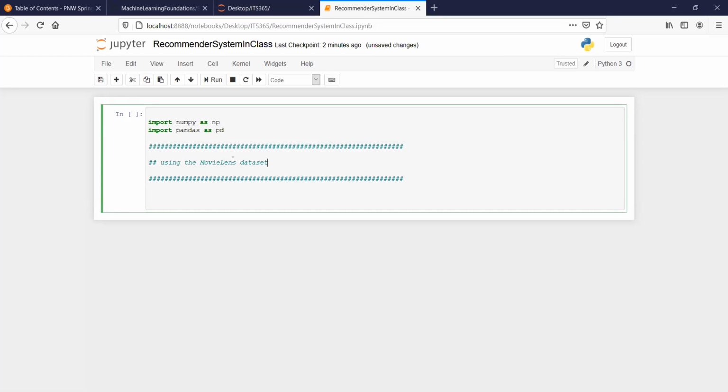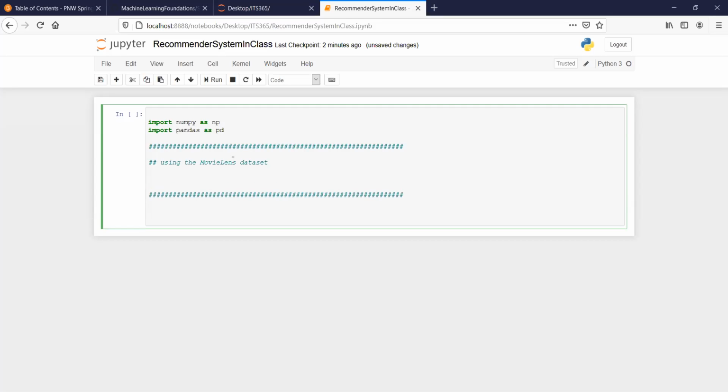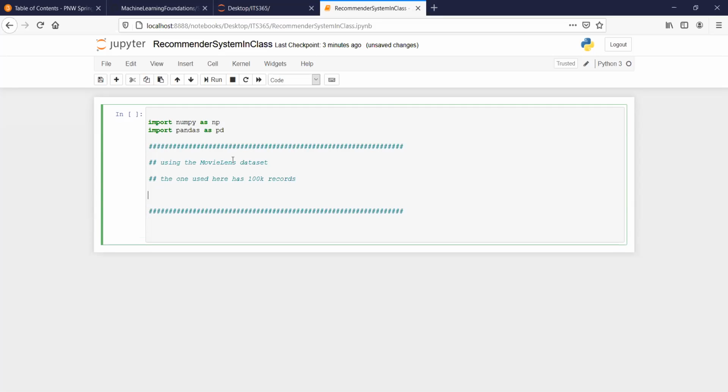There's a version that's like 1 million, and there's a version that is smaller than 1 million, so there's a lot of data depending on which you choose. I tried to use something that had a good amount of records. The one used here has about 100,000 records, as I described previously, and that results in about